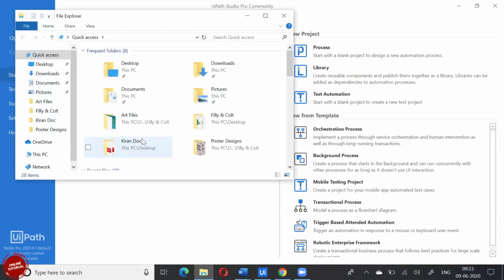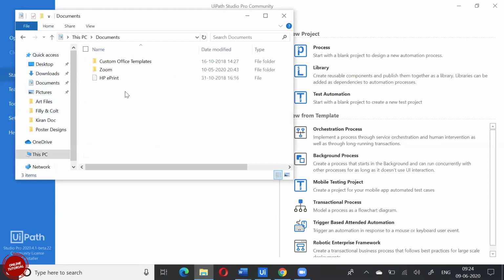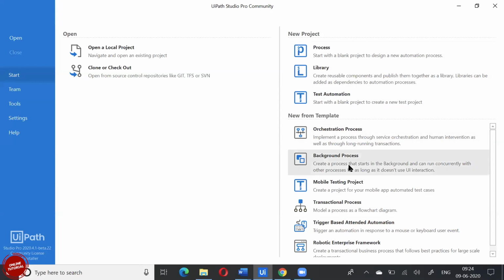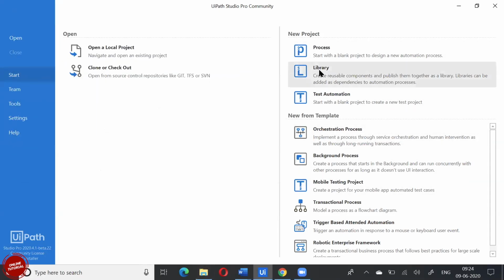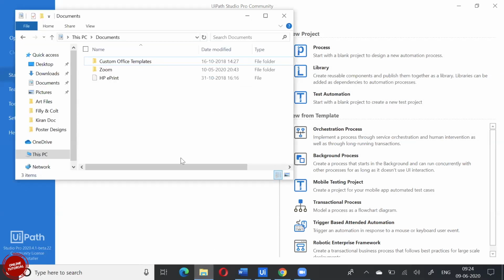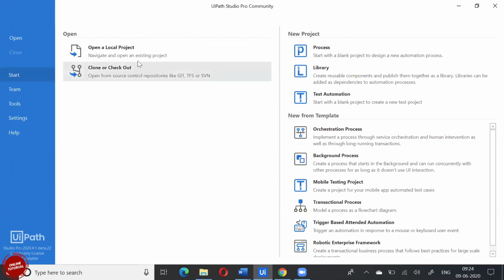If I go to My Documents, you will see a folder created automatically called UiPath, inside which all your processes and projects will remain. Even if you uninstall UiPath, these files will never go. You can refer to them anytime in future, or migrate them to another machine and use them. This is the default path where your processes get created.